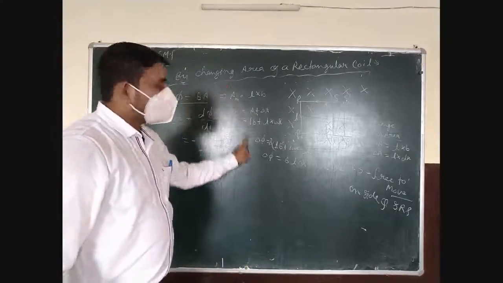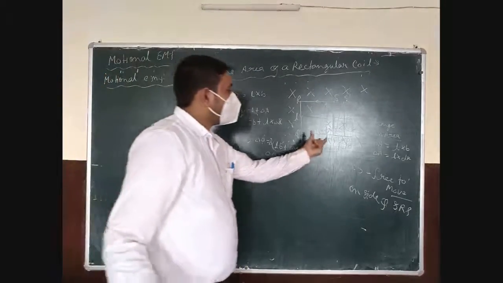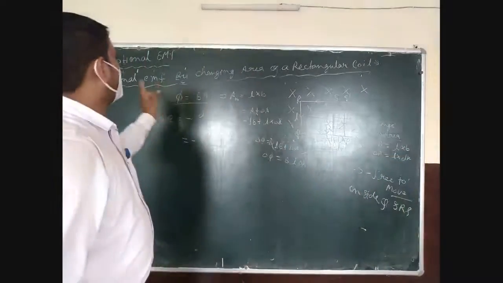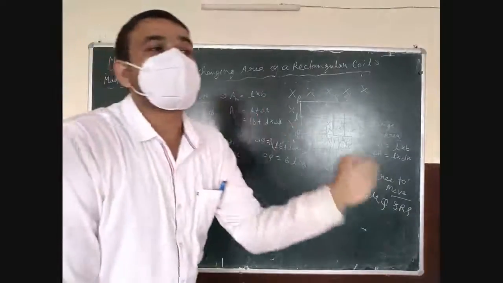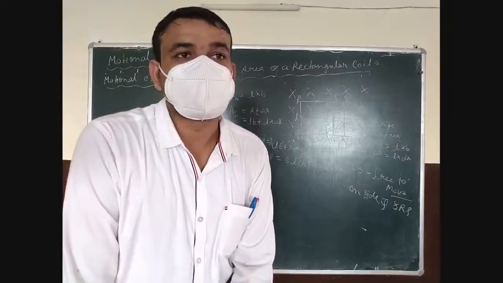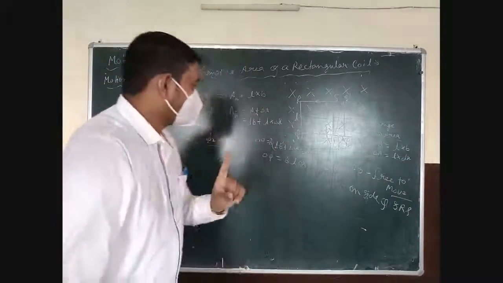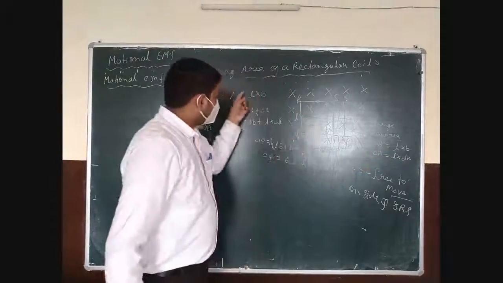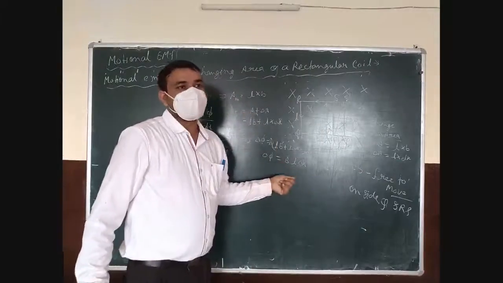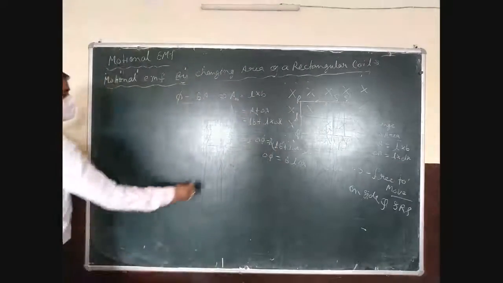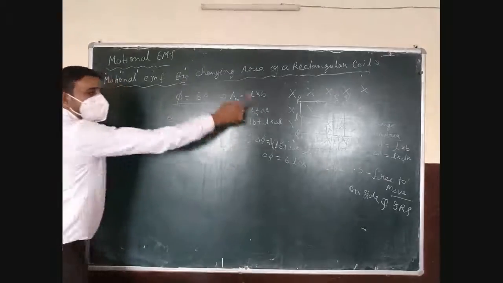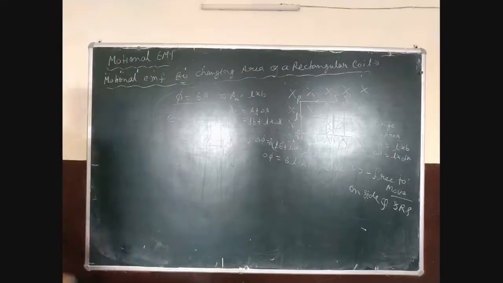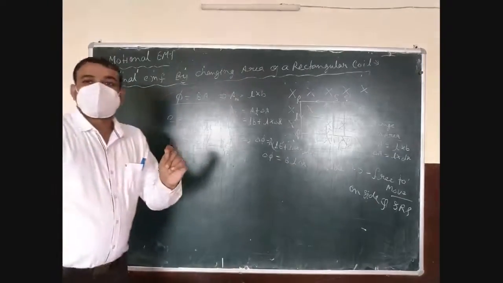Either you can follow this rule or only for increasing area. I will tell you the induction of the EMF by increase in area in the coil. Okay, the method is exactly same. I am just using this area, or you can also find by using this area. Okay, now understood till this point? So, small statement.